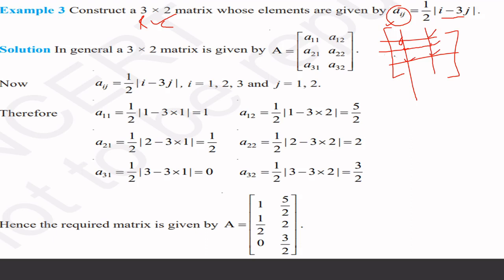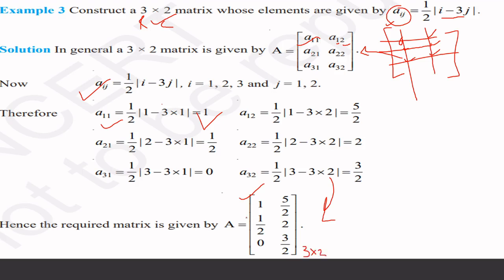And what is the representation of it? Written the same here: a11, a21, a31 and a12, where i and j are the row and column respectively. First we calculate the elements of this matrix, and fill them in the matrix like this. And what is this 3 cross 2 matrix? Simple, is it?